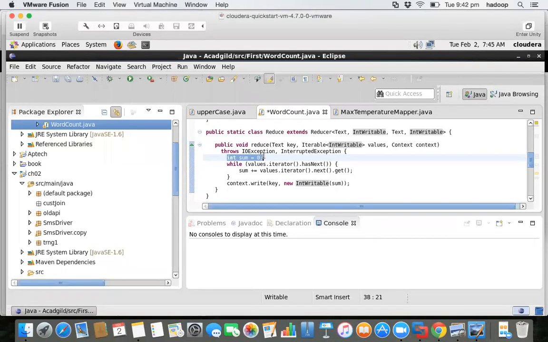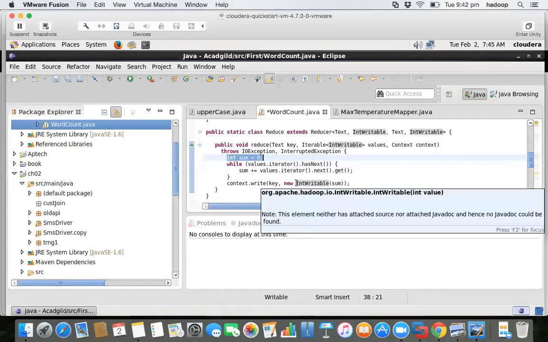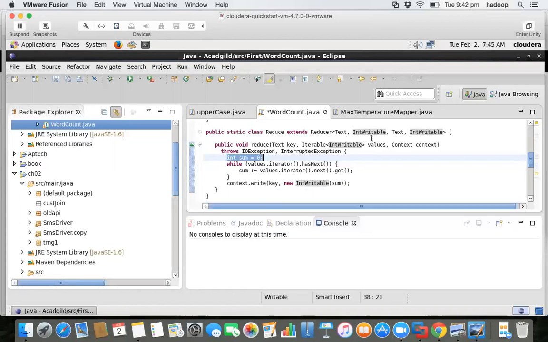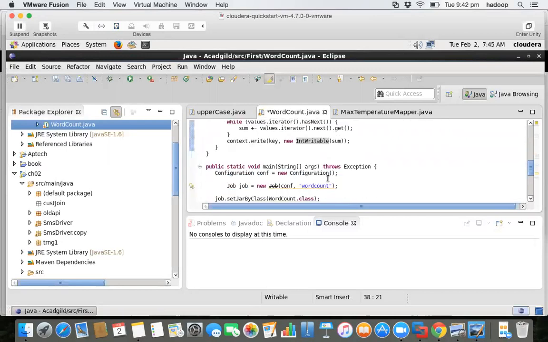You can use an integer and try doing any Java functionality over here. But whenever you're going to throw it out, whenever you bring it in, that's the only time you need to be careful about making it Writable. So you're converting this particular sum to IntWritable and then doing a context.write, so that it's being received over here as Text and IntWritable, right? So now the next part of it, what you're going to see is,